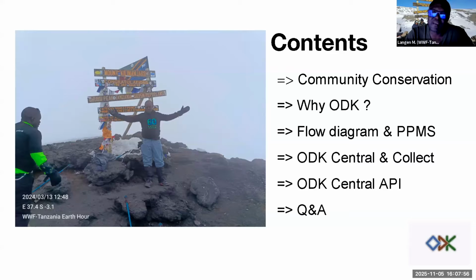And the other thing will be the flow diagram. After we selected, we said we go for this one, what we did. That was the process and how we implemented the PPMS, the project planning and project management system. Then we'll go to ODK Central and Collect, how we do it, and we modified it a little bit